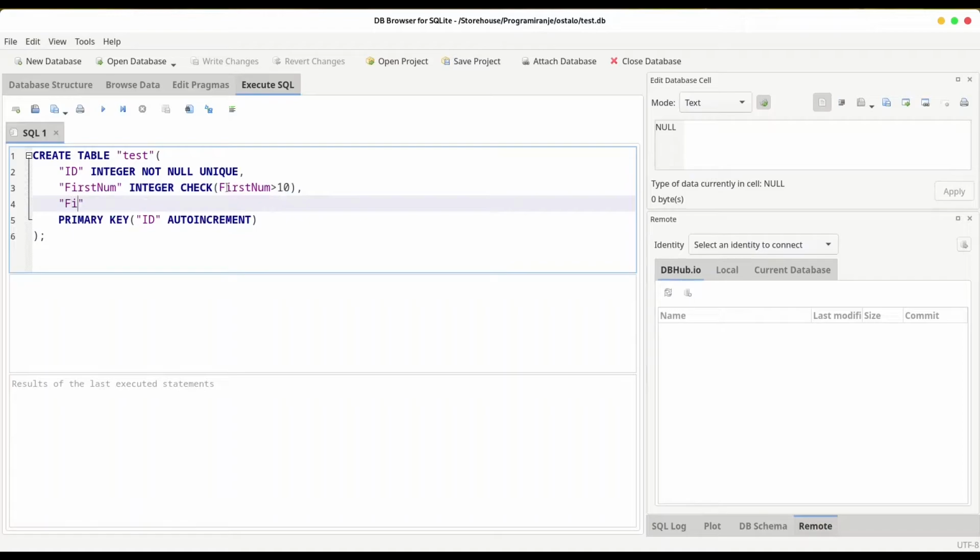Now first text, of course of type text, and now I'm going to show you default. If you use the default statement, you are going to provide a value within parentheses. What does the default statement actually do? If for some reason you forget to enter a value into the first text field, the database is going to use this default value for it. And now I'm going to use check again,